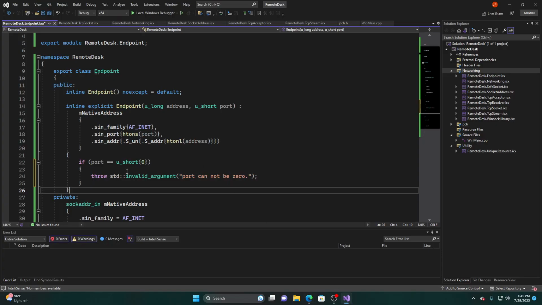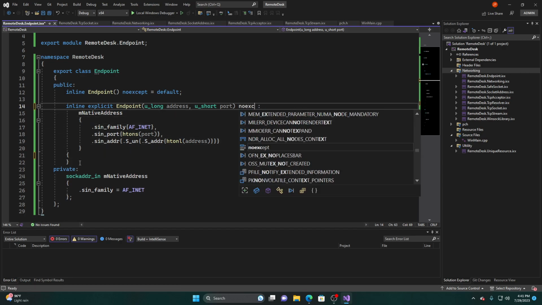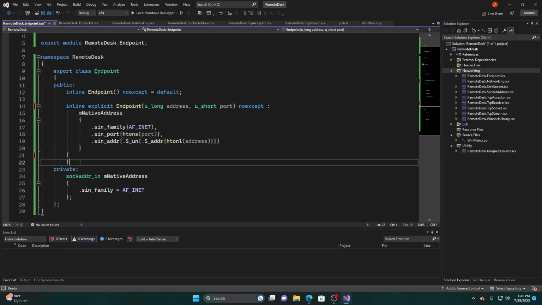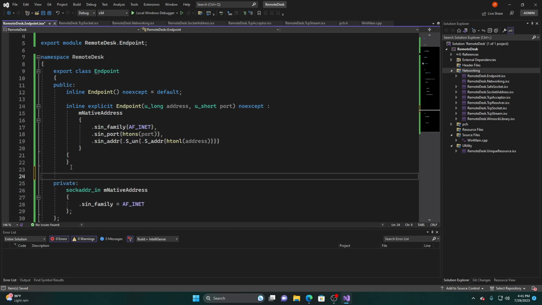Well, hold on now. So I guess I can. My bad. I lied to you. Okay, so yeah, port 0, apparently that's completely fine. So that's how that works. And then what we need after that is we want to be able to get our sockaddr_in, get native address,